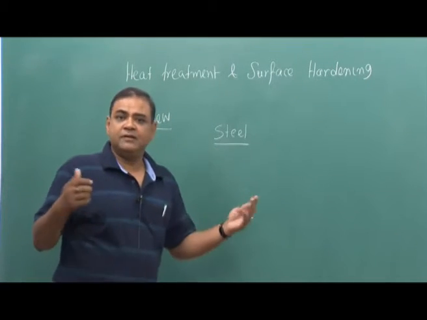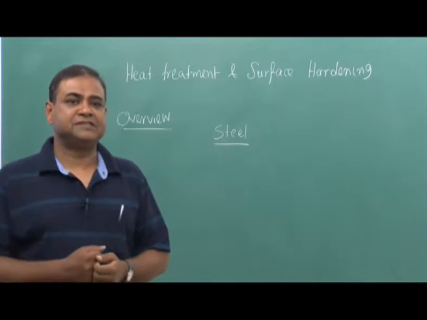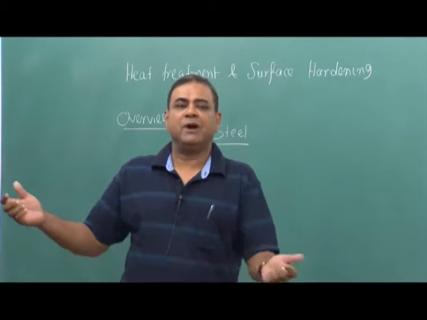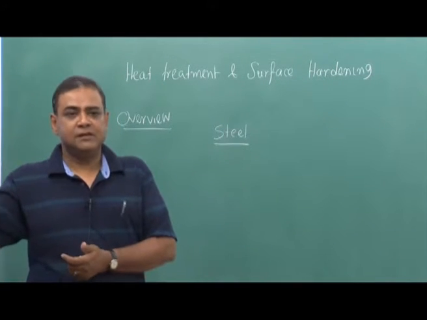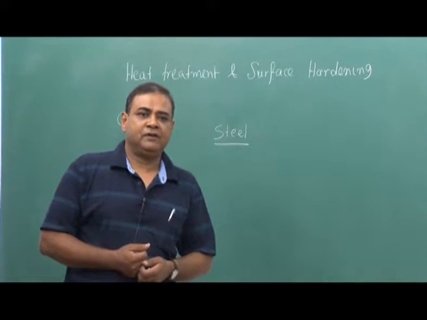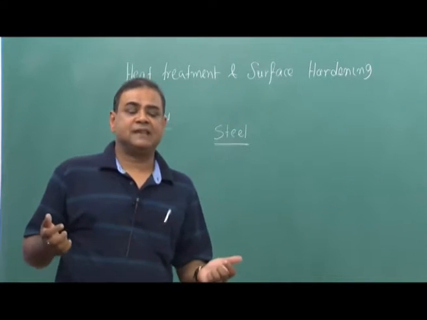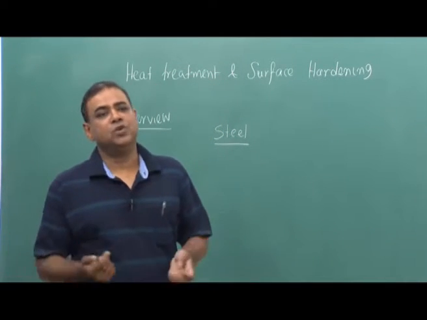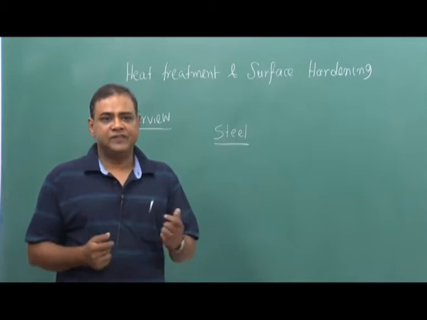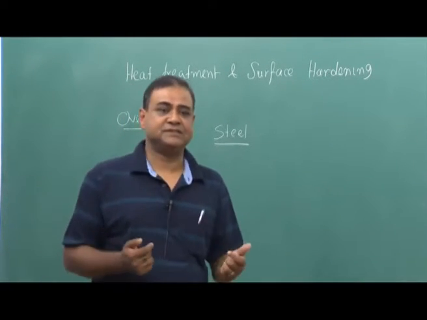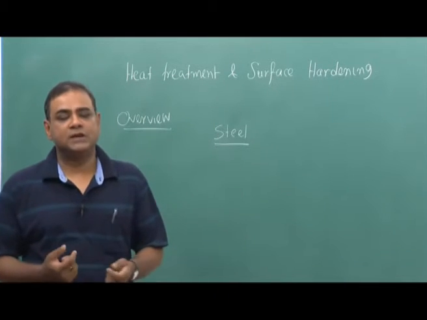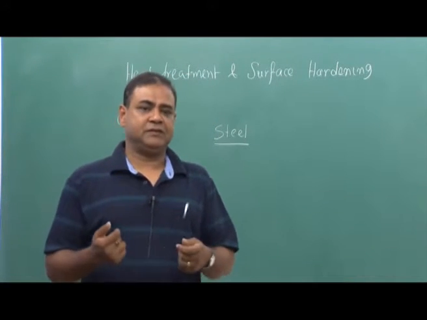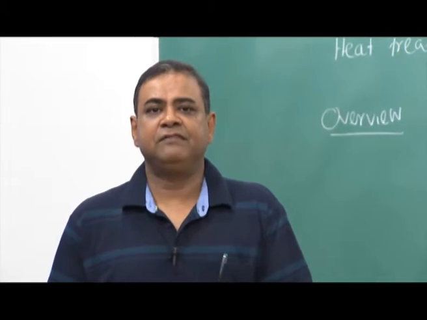Of course, there would be n number of variations in the steels, starting from a very low carbon steel to a simple mild steel to high carbon steel, and in between we have advanced steels like interstitial free steel, which is popularly known as IF steel, and then we have HSLA steel, which is high strength low alloy steel, microalloyed steels, then exotic steels like maraging steel, which are used in very sophisticated